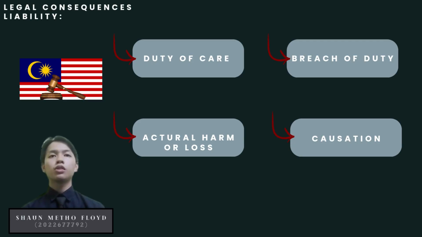To prove liability, four things are needed: duty of care, breach of duty, causation, and actual harm or loss. It's not always clear in construction who's at fault, especially when roles overlap. For example, if a crane collapses due to poor maintenance, the person responsible can be liable. Tort law can apply even without a contract, especially if a third party is harmed. This shows that liability is not just about contract, it's about doing your job carefully and safely. If not, there can be financial and reputational damage.